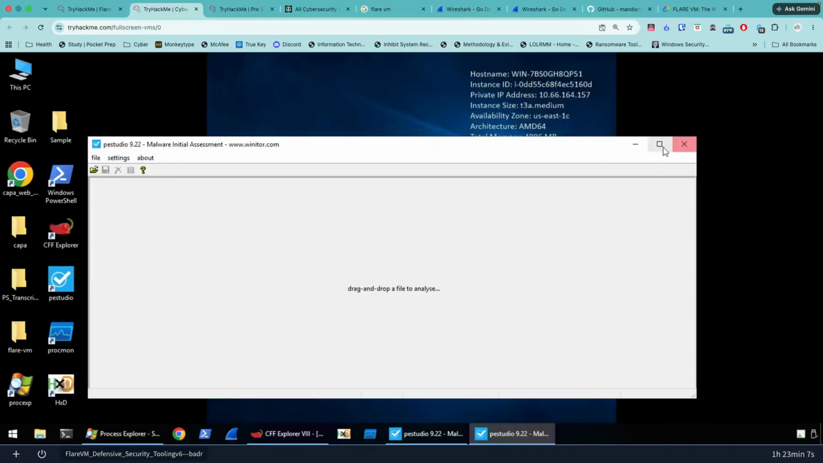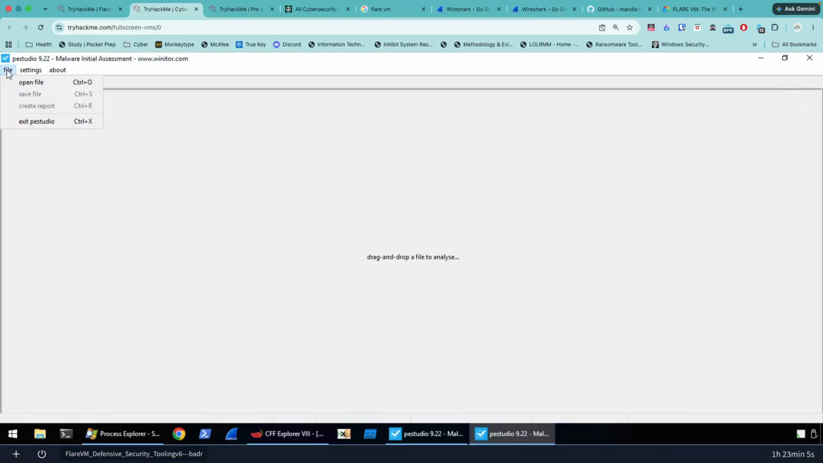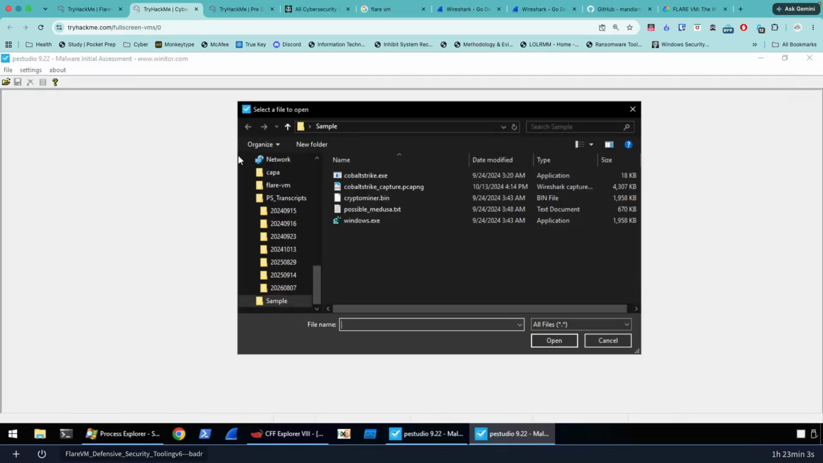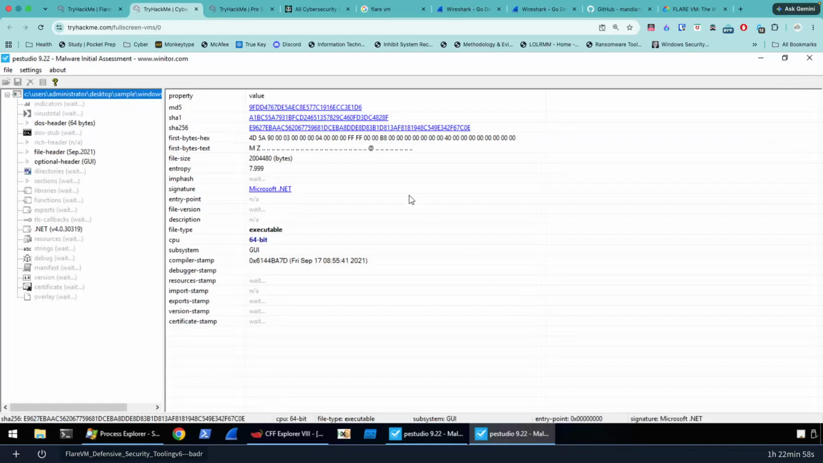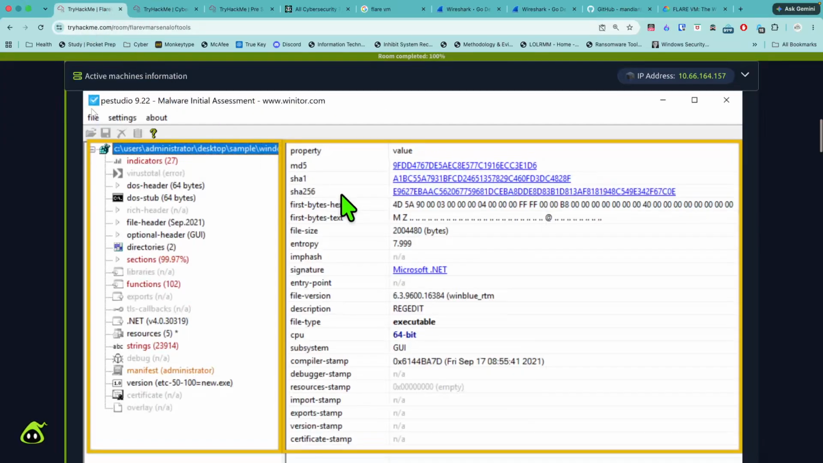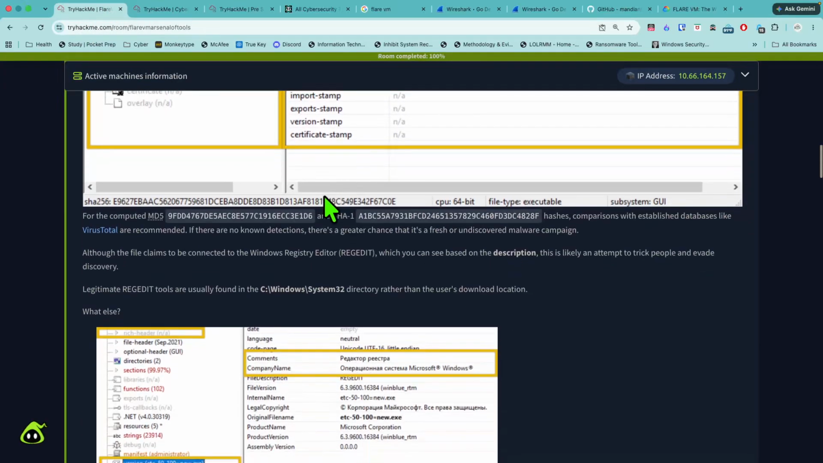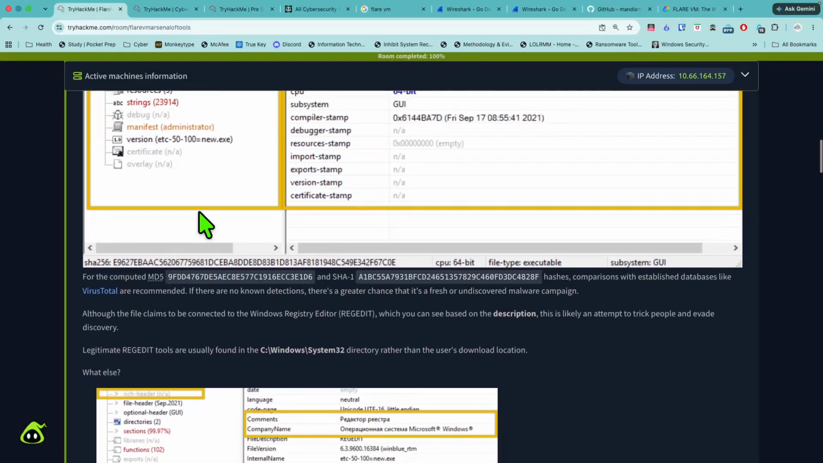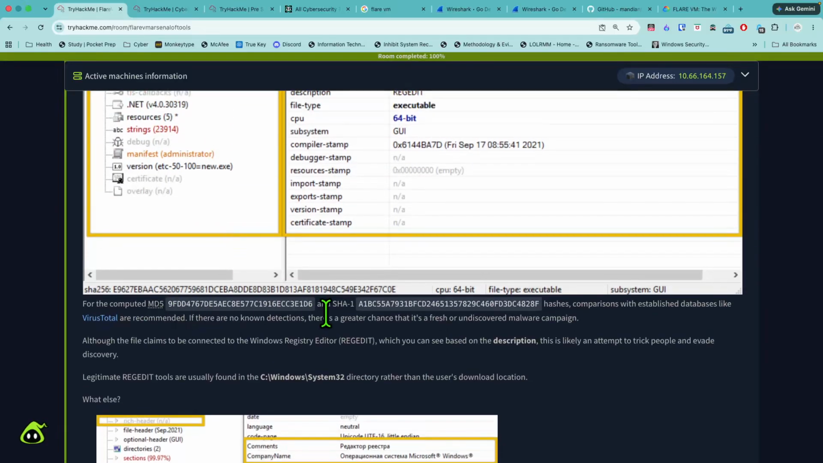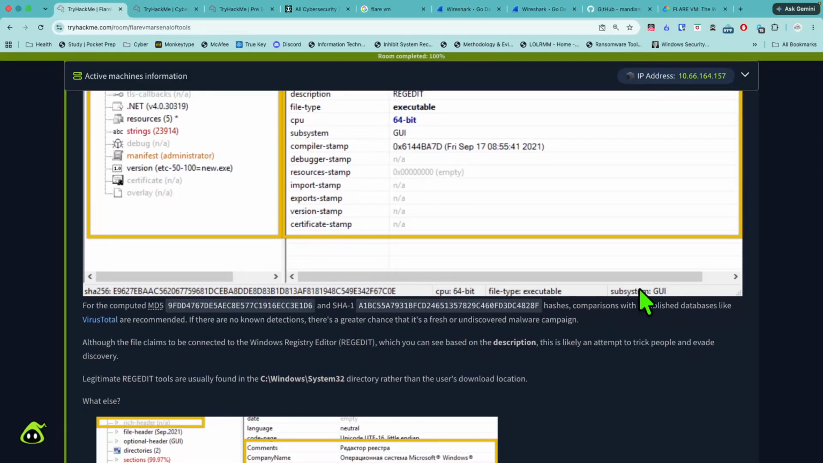And then we're going to maximize it. File, open file, windows.exe. And we got our file to better understand it from a static analysis perspective. And so for some background information, for the computed MD5 and SHA-1 hashes, comparisons of established databases like VirusTotal are